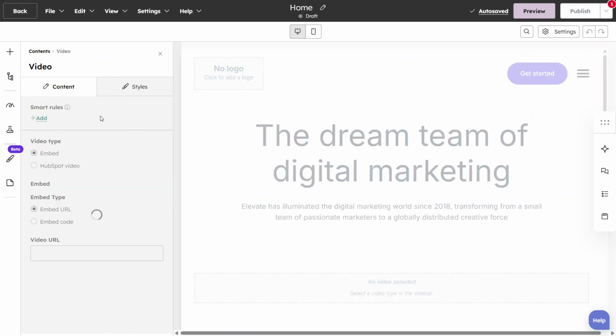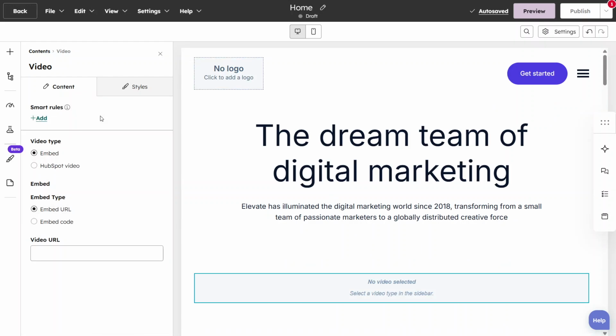With the video module selected, you'll now see several options on the left. First, choose the video type. You can use an embedded video, for example, from an external platform, or a HubSpot video. If you choose embed, you'll decide whether you're pasting a simple video URL or an embed code. If you choose HubSpot video, you can either upload a new file from your computer or browse your existing HubSpot